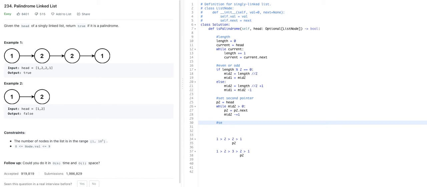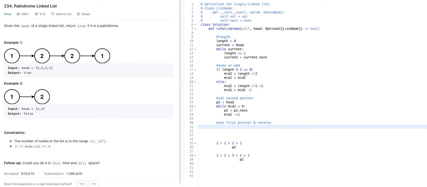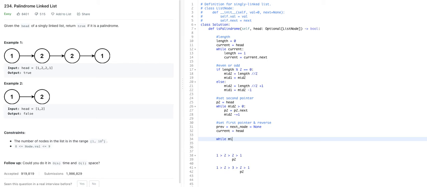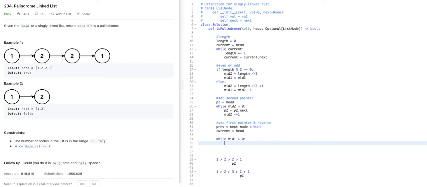Now we need to set the first pointer. We are going to set the first pointer, and we are going to reverse that at the same time. For reversing, we need to know the previous and next node. We're going to set them to none, and we're going to store the head somewhere. So what we are going to do, we are going to say as long as mid1 is bigger than 0, right? What we are going to do, we are going to store the next node somewhere,